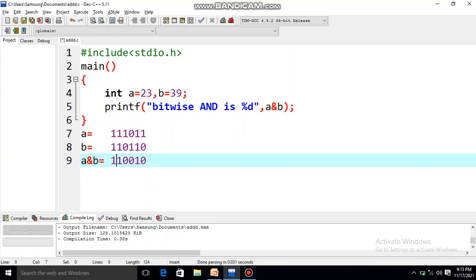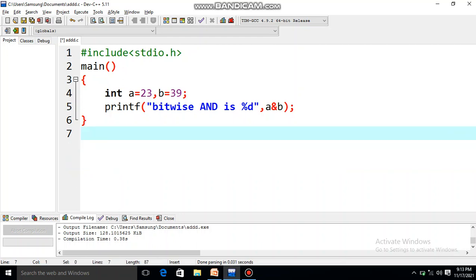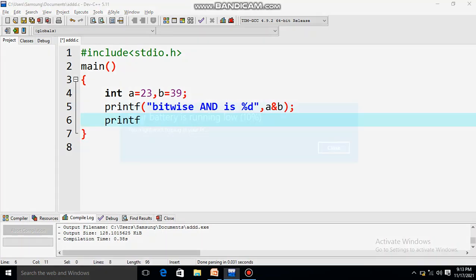How I am getting these numbers? Based on the truth table that you already know in maths. Okay, so this is the binary equivalent, but here the binary equivalent is not going to be displayed, the decimal equivalent is going to be displayed. So this binary number will be converted to a decimal number, and whatever is the answer, it will be displayed here. So you can take some small numbers so that you can convert it quickly and see whether it is correct or not.